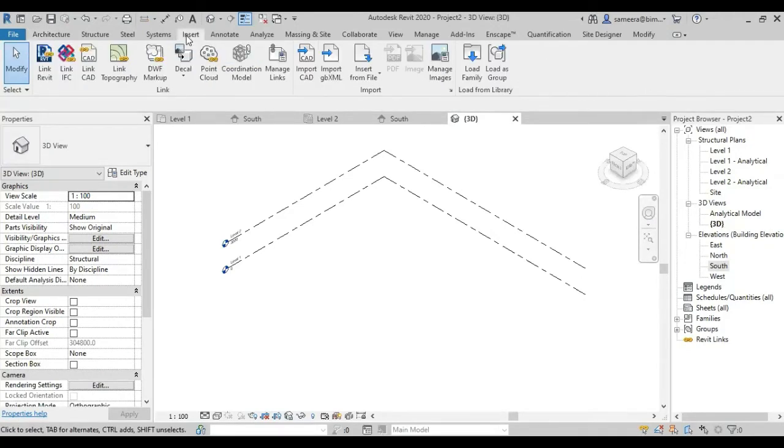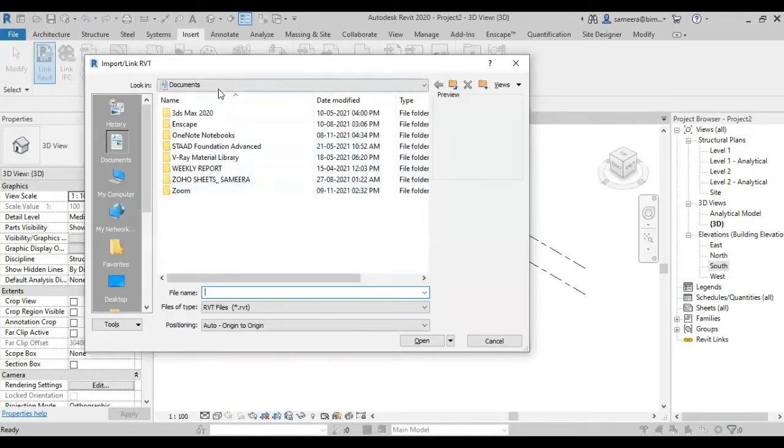First of all, you need to link the Revit file. So go to the Insert tab, click on the Link Revit option, and choose the file.